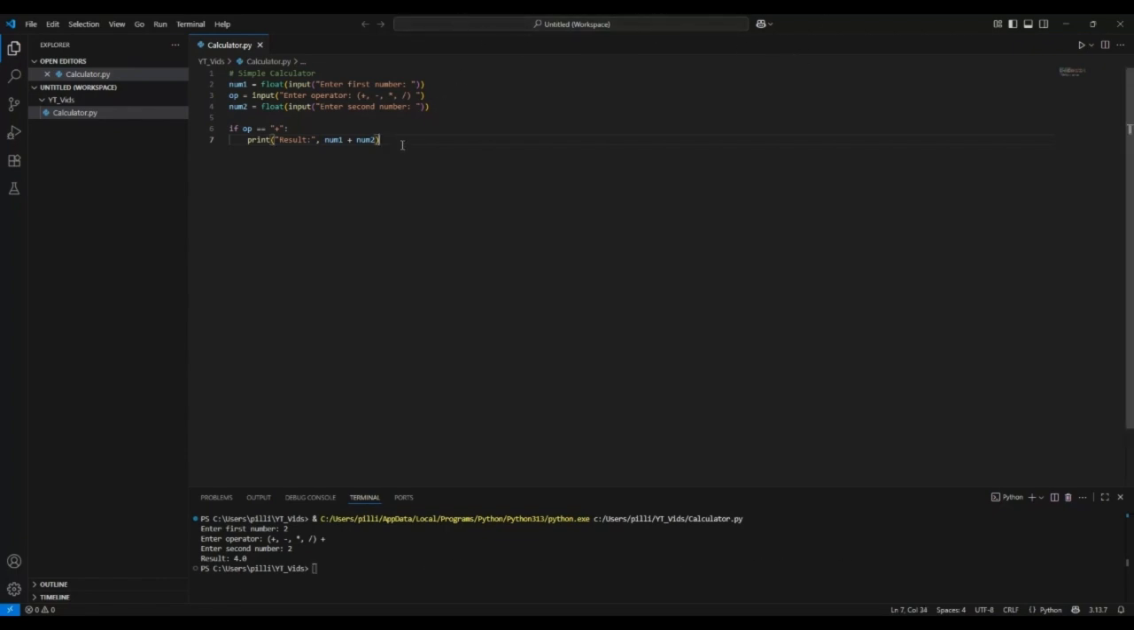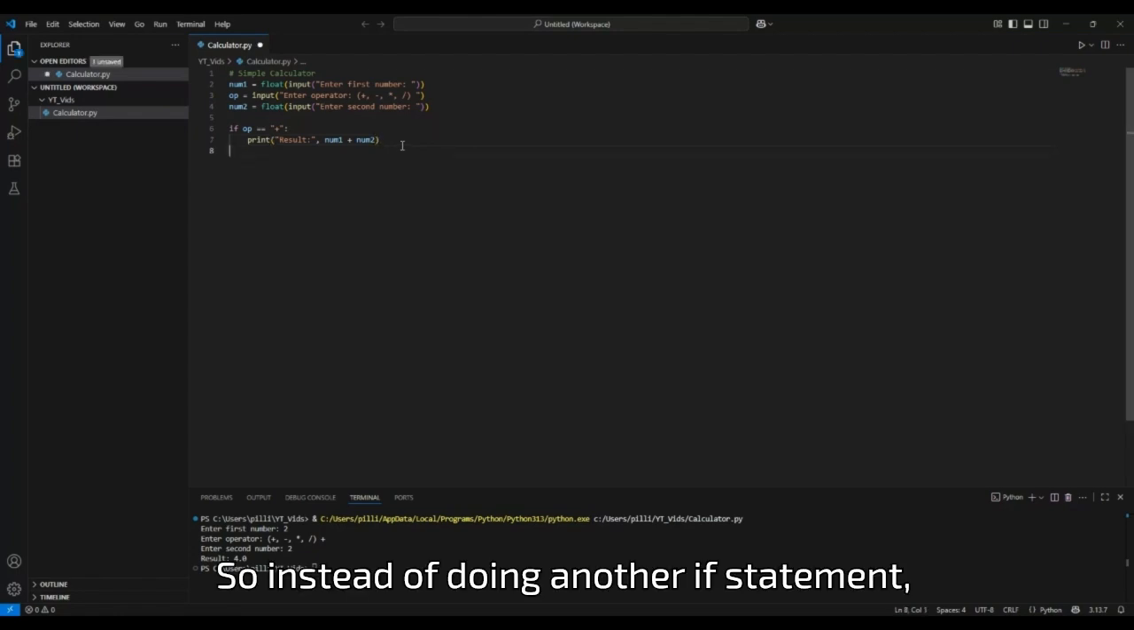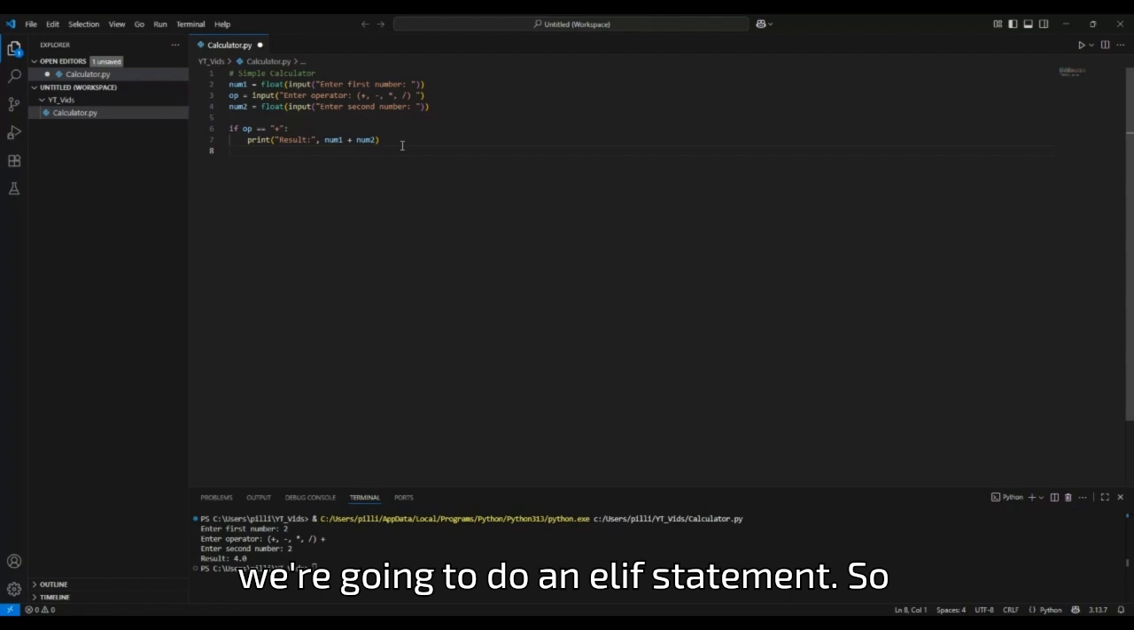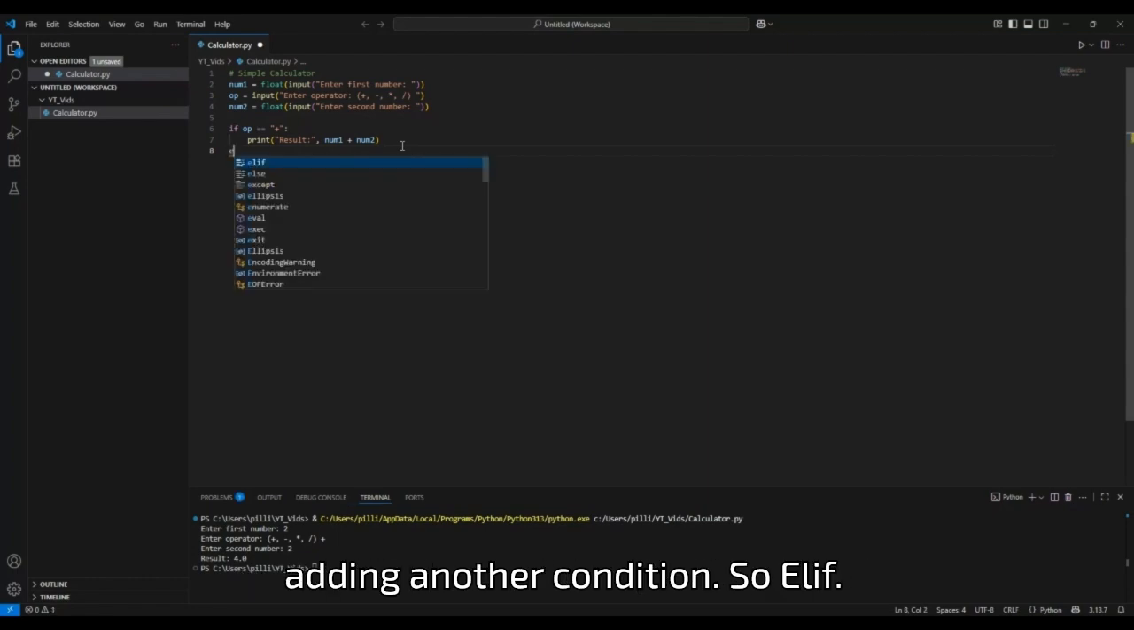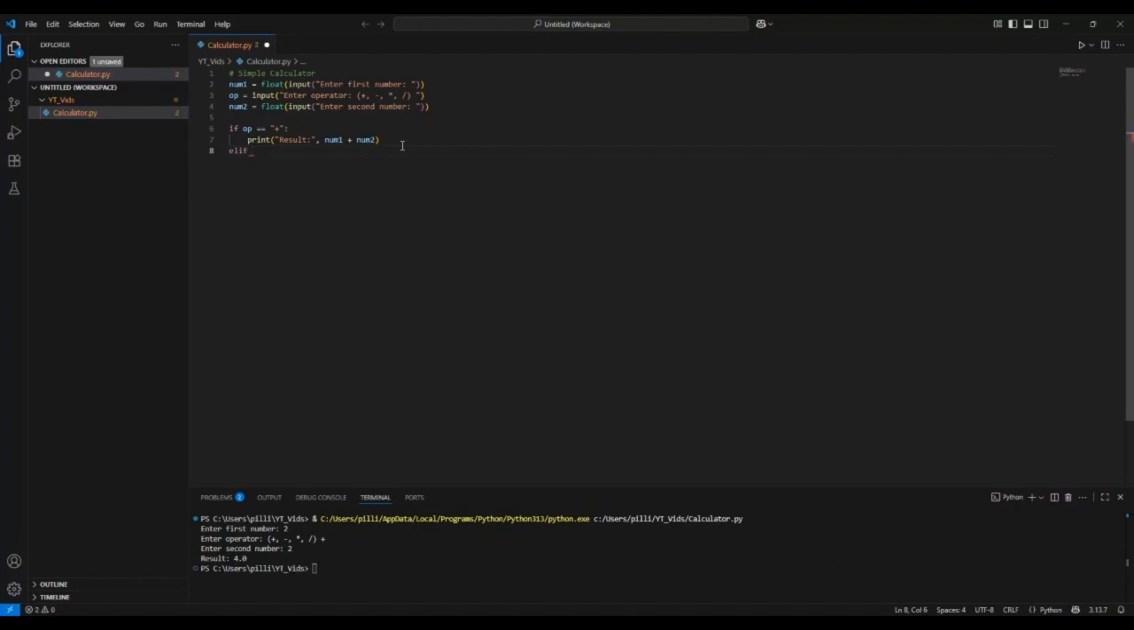Now we have to do the same thing for minus, multiply and divide. So instead of doing another if statement, we're going to do elif. So also if this condition, so you're adding another condition. So elif op, operation equals to apostrophe minus, then colon, enter, print